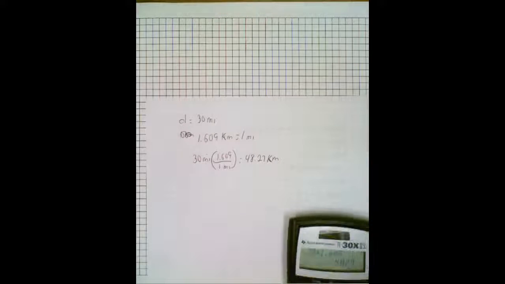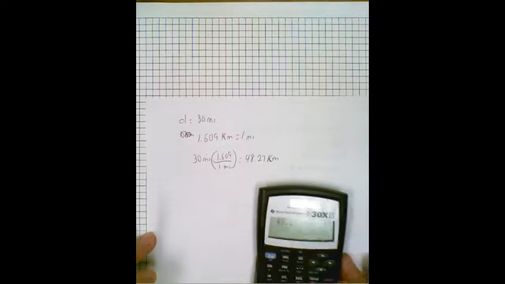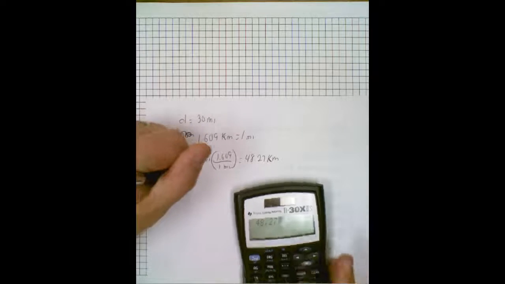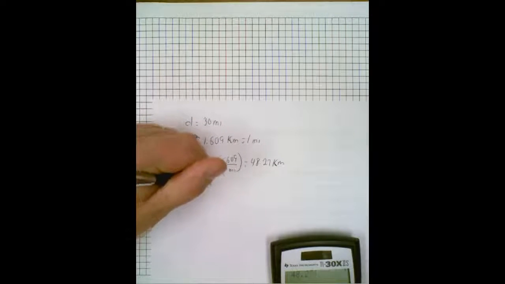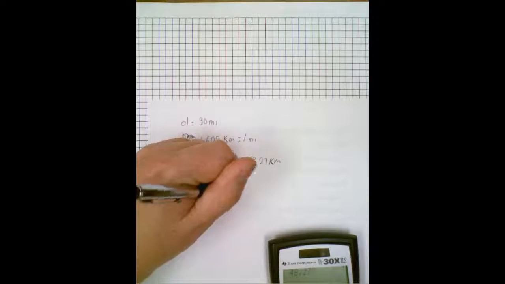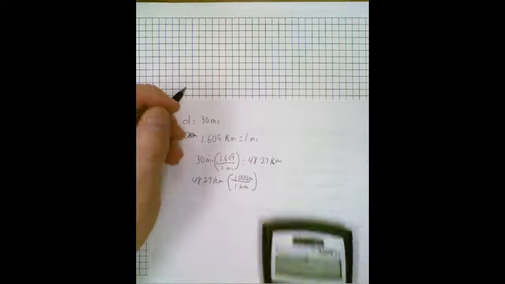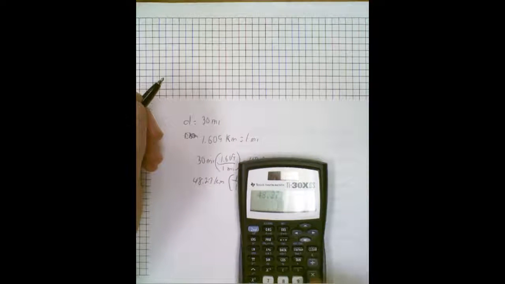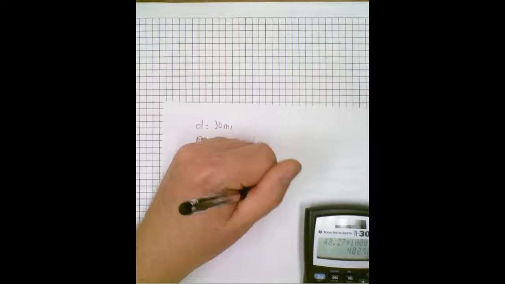As far as that goes. Now with that, we can change 48.27 into meters by knowing that 48.27 kilometers, well, we have the relationship of 1 kilometer is equal to 1,000 meters. So multiply it times 1,000. And this gives us